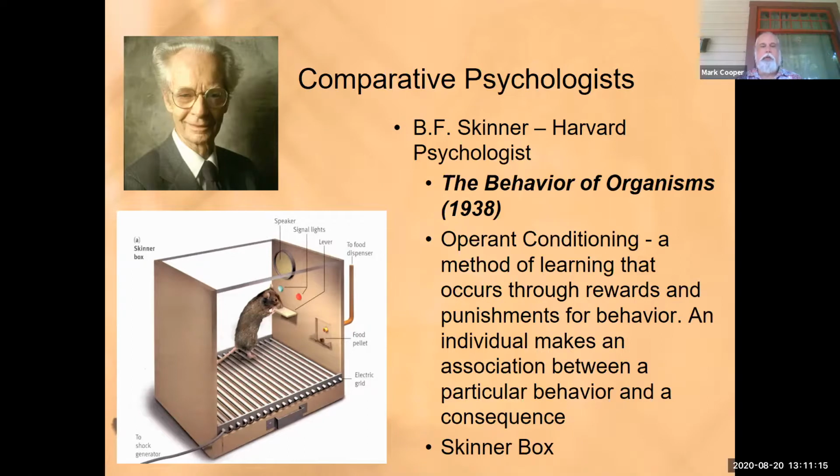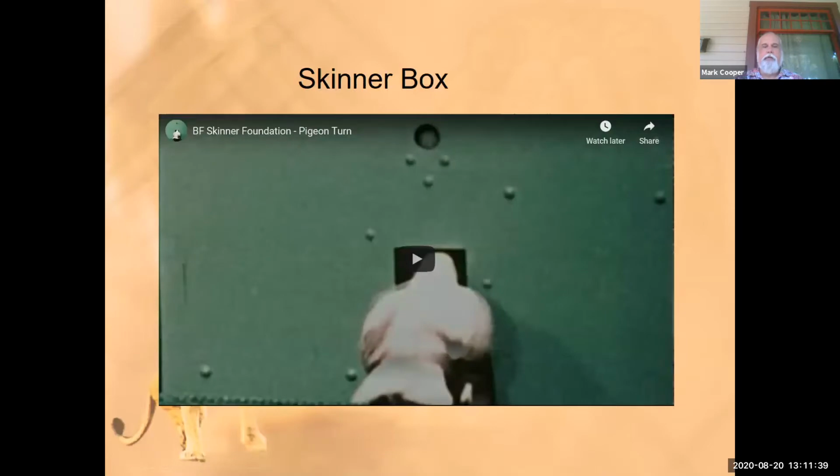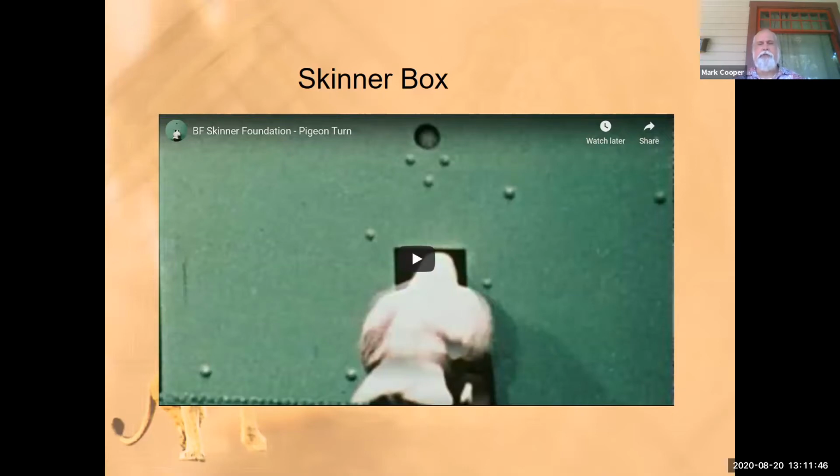And when I worked at the zoo in the bird show, when we were training behaviors, we used what's called positive reinforcement. It's really operant conditioning. And you basically reward an animal for doing what you want it to do, and pretty much ignore the animal. We didn't use pain, but we would ignore the animal if it didn't do what you wanted it to do. And so, again, we have another video of that where he is training a pigeon to turn. And this video, again, is just a few minutes long.